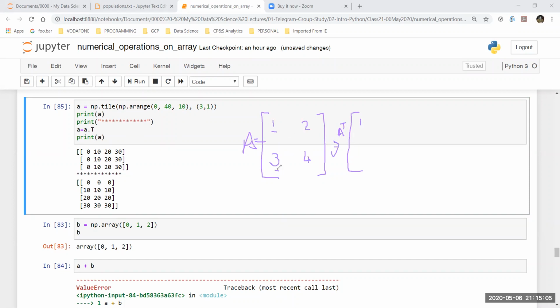So 1 and 3, these two are there in column 1, right? These will now be put into row number 1. So 1 goes here, 3 goes here, and then I have 2, then I have 4. So 2 comes here and 4 comes here, right? So this is what the output is. This is the transpose, and that is exactly what is happening. You see 0, 10, 20, 30, and here I have 0, 10, 20, 30.